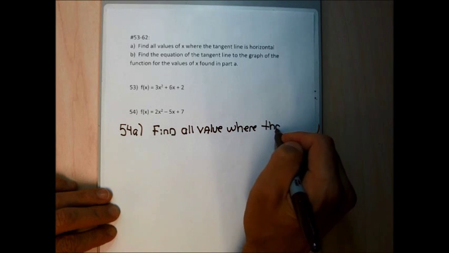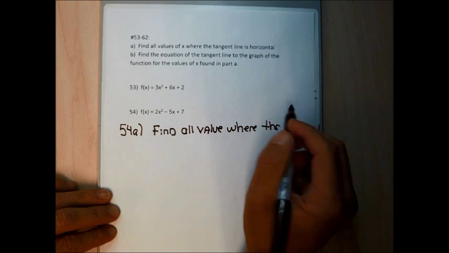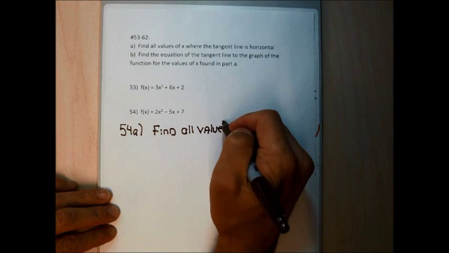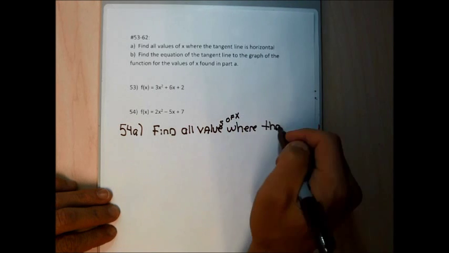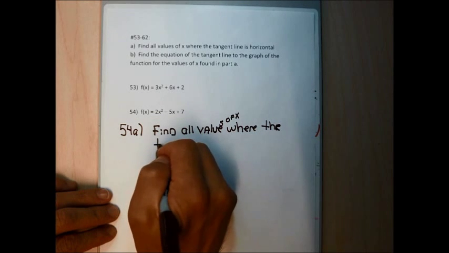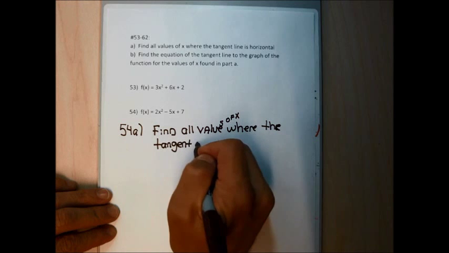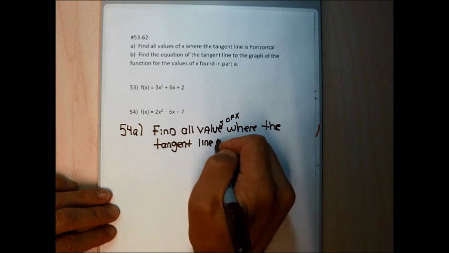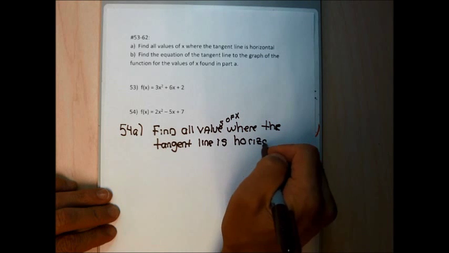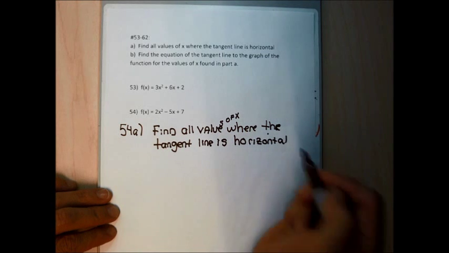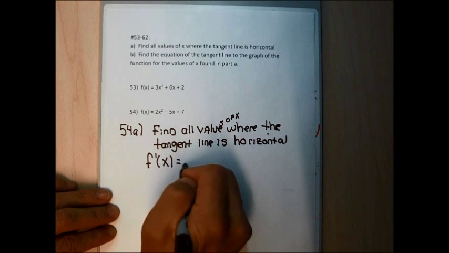So for each of the part A's, find all values of x where the tangent line is horizontal. For each of the part A's, I'm simply going to find the derivative, set it equal to 0, and solve